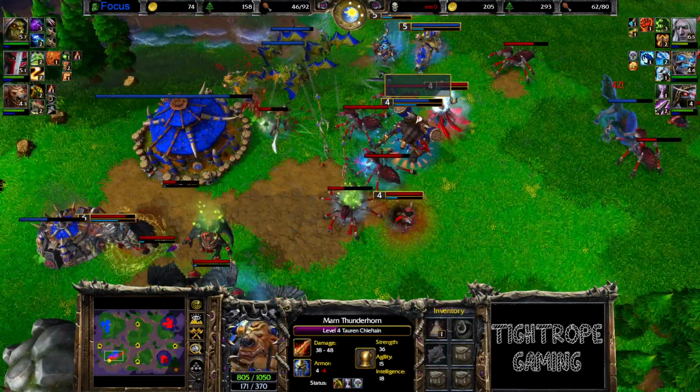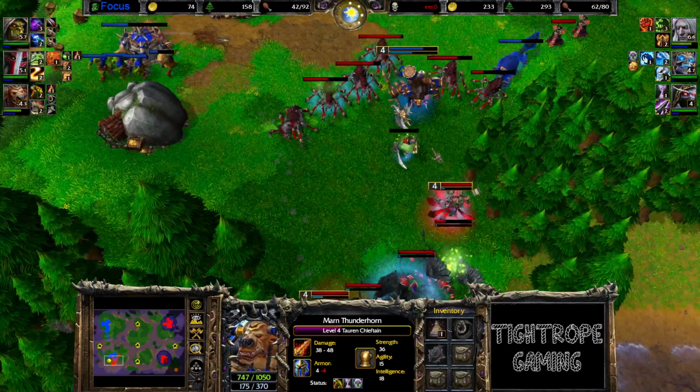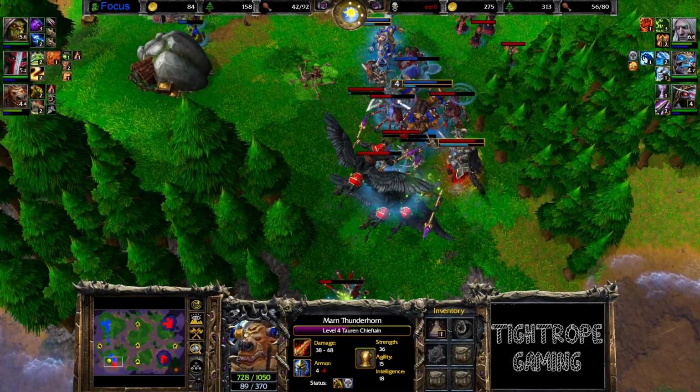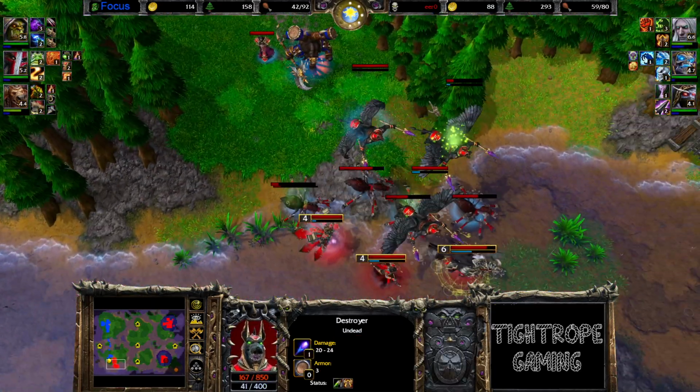Really good science on the TC, jamming that stomp. Trying to kite back. Really looking to fight in the choke point. Big stomp. Fiends getting slaughtered. One down. Able to keep one of them alive for the moment, but now the destroyer's in the air in